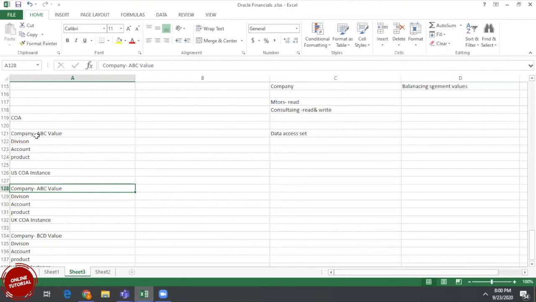At any level you can change the value set. Whatever the chart of accounts level has will come by default, but we can override that. Value sets and values can change, but we cannot pick whichever segments we require. Whatever segments are given in the chart of accounts, the same segments we need to use.